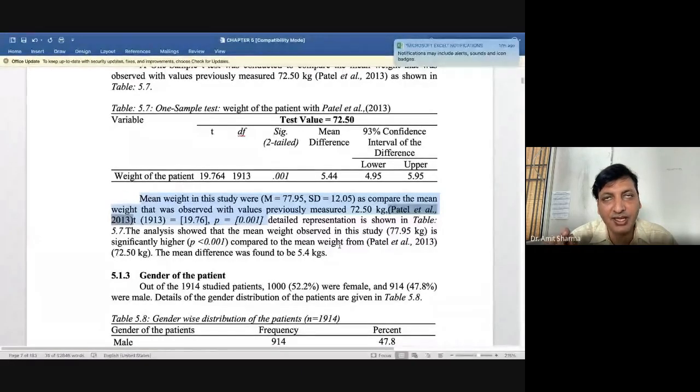You can discuss it in the conclusion. You can discuss it in the chapter called discussion, but that language we are not using while writing the results in the chapter called result. So here we should write in this study, this much mean and SD we have got. At the same time, we should compare with another study, and what score we have got.